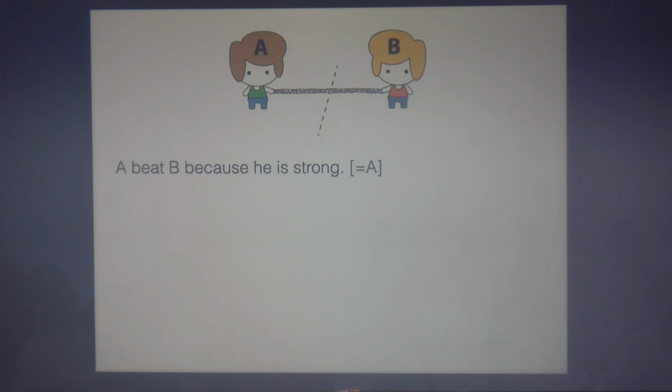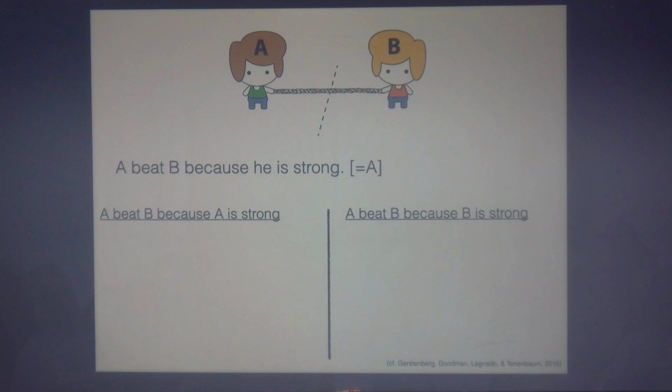Well, okay, we have A beat B because he is strong, right? Let's see how we would do this in probable world semantics. A beat B because A is strong, or A beat B because B is strong, are the reasonable interpretations here. I'm not going to worry about A beat B because C is strong, because obviously that just couldn't be the case. This is actually in the model, but I'm just not going to talk about it unless somebody really wants me to. I'm going to assume because means something like cause, right? So this means something like A being strong caused A to beat B. It's a reasonable interpretation of because.